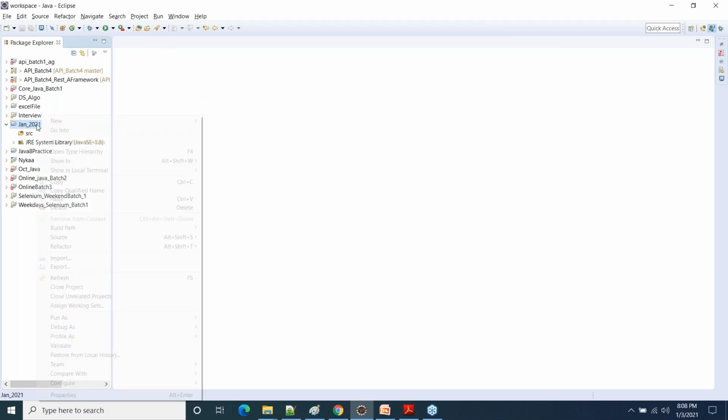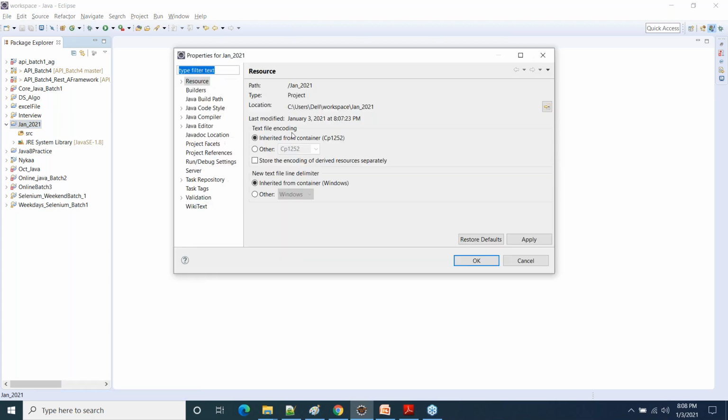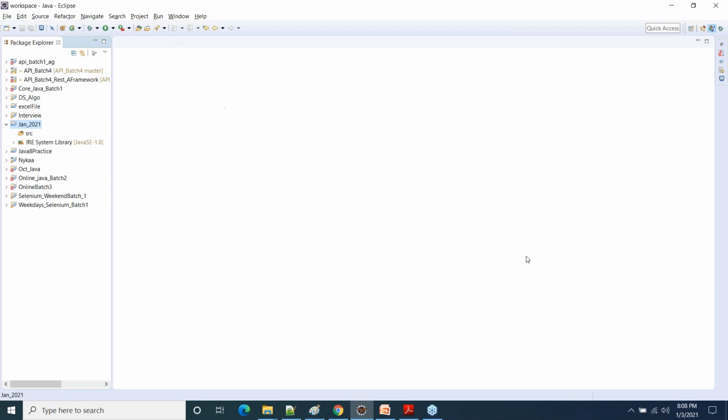Just right click on the project, go to properties, and you will see the location where you have created your project. Clear? Is that fine? Good.